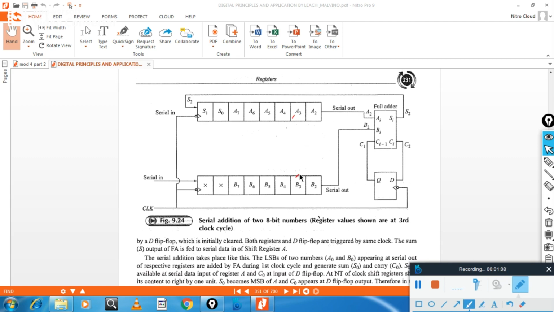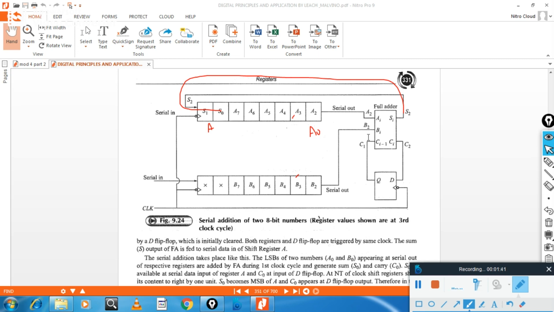And I can add. In this diagram you can see the bits are stored here, A0 to A7. Once it is added, the result is stored in the same register. In the diagram you can see S0 and S1 are already the addition of A0, B0 and A1, B1, and right now it is adding A2 and B2 along with the carry of the previous stage.